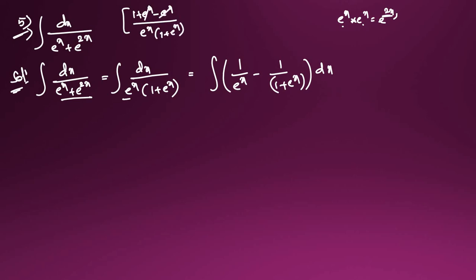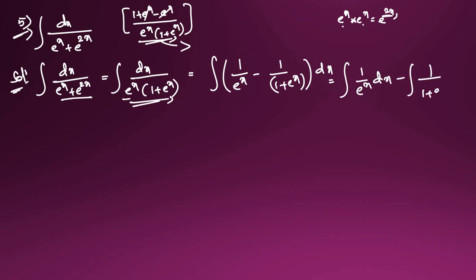So this e power of x will get cancelled here. 1 by e power of x will remain the same. So that's why I'm dividing in this way. Okay. So after that, we got this one. So I will separate the integration here. Integral 1 by e power of x into dx minus integral 1 by 1 plus e power of x dx will come here. Okay. Now what will come here? 1 by e power of x, integral e power of minus x dx, I will write here, minus this one. I am writing this one in the form of this, like this.